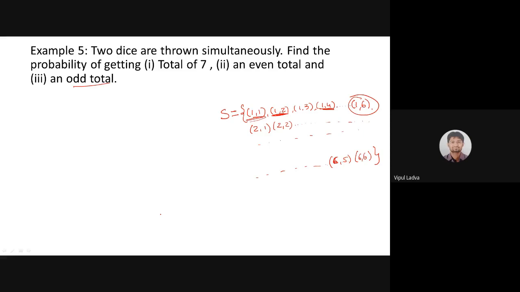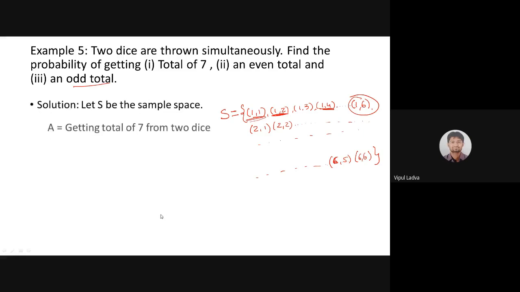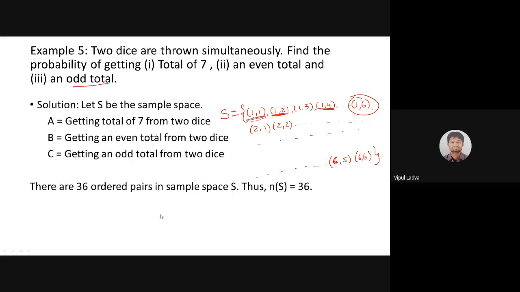Good. Let me show you the solution. Now, if you are getting this, I don't need to explain it. What I did, I just labeled the events. This is the way you need to present in the examination, so take care of the presentation part also. You cannot simply answer 1 by 6, 1 by 2, 1 by 2. Even for a simple question, we need to present it in the proper way.